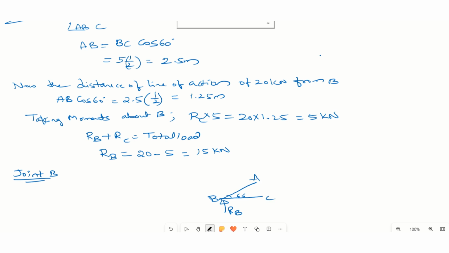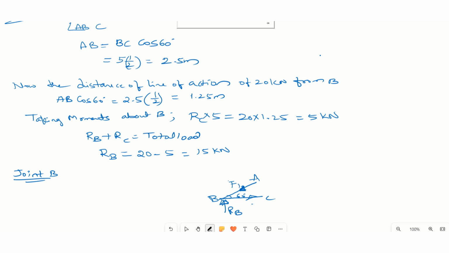So here we already know the lengths of BA and BC. Here I am assuming the force on AB is F1, or you can directly take F of AB, and this is F2. This is the upward reaction. From point A to point B, F1 on AB is acting towards the joint B, and on BC, F2 is away from joint B. So F2 is away from the joint B.